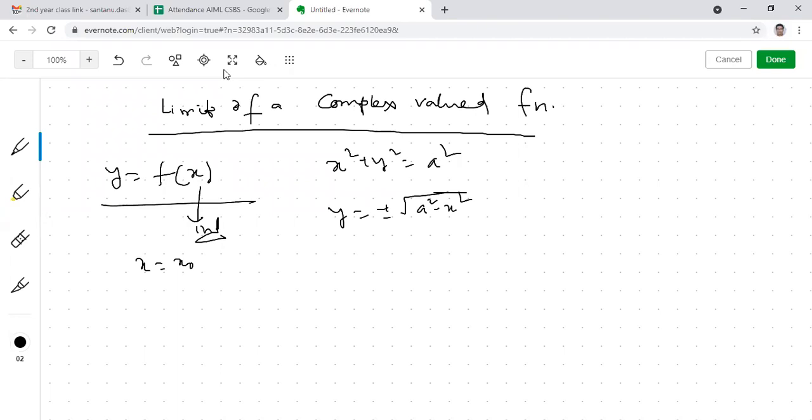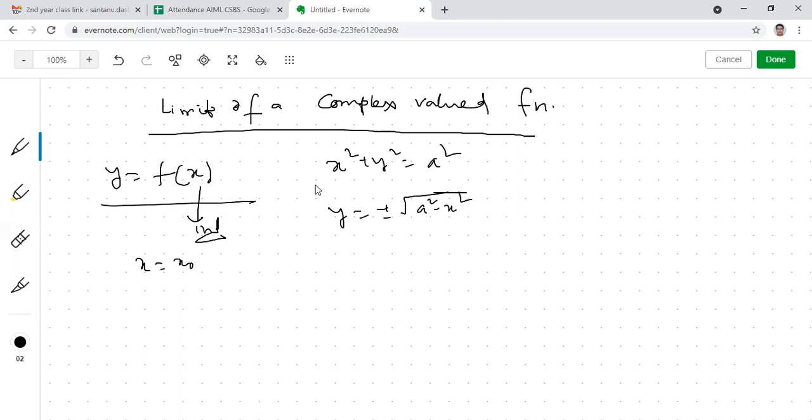The function's limit at any point is only possible if that function is continuous, right? So it can be used to check the nature of the graph. Again, I have told you that is to check continuity. If you draw the graph of the function, do you need to check the limit at any point? This circle is given. You want to draw the graph of a circle, whose equation is this. Do you need to check the limit for this function?